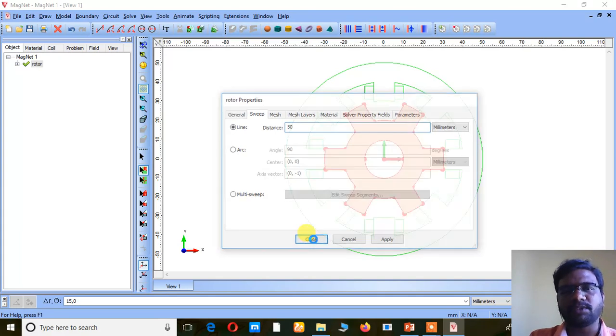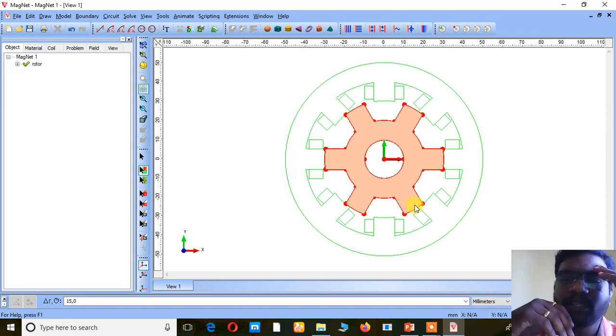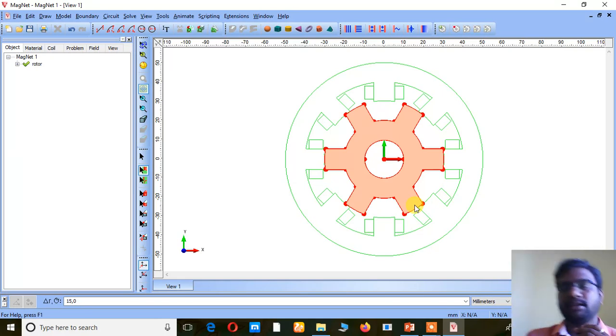Why I am giving 50 means the stack length of the machine should be more or less equal to half of the diameter, right? That should depend upon our requirement of torque.